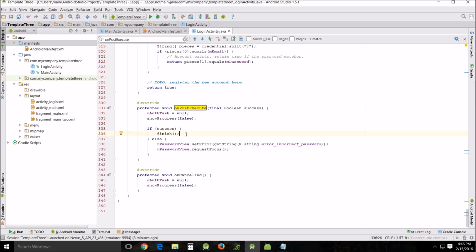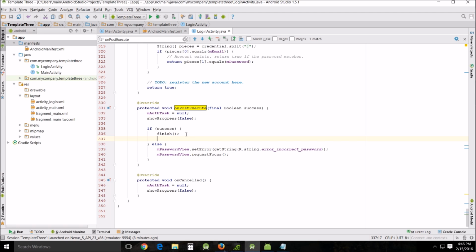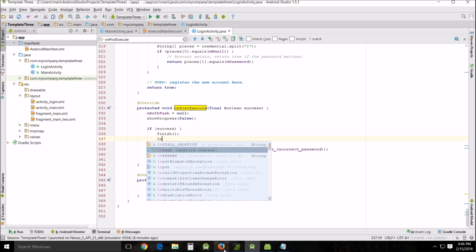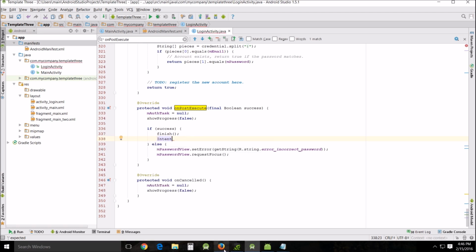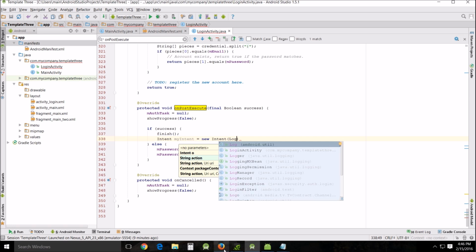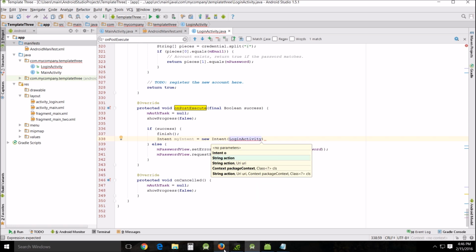We're going to put another line here, and we're going to put Intent myIntent equals new Intent, and we're going to do LoginActivity.this,